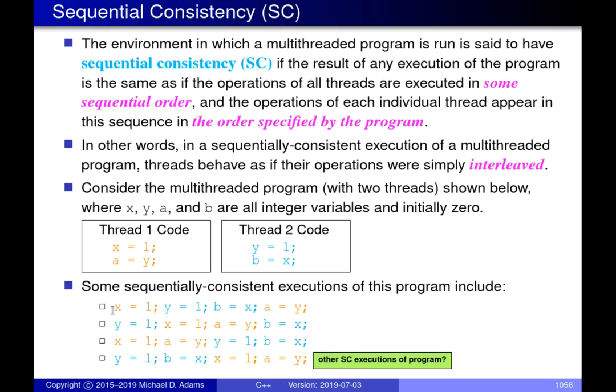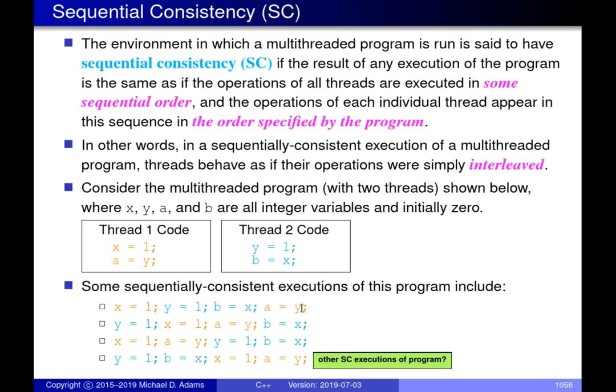instructions from thread 1 run in the order that they appear in the source code. They run in program order. So this is the first instruction from thread 1, and then the second instruction. You can't invert the order of the code within a single thread. This kind of makes sense. It would probably be quite a disaster if this were to happen. So this is essentially the guarantee that sequential consistency makes.